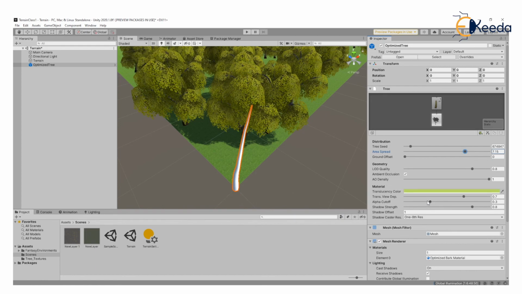The geometry shows the level of detail of the quality of the branches. So if you want to increase the level of detail of the branches, you increase the LOD quality or level of quality of the branch. Also, a lot of details you'll see as you start working with these game objects in your VR experience. I would request you to definitely follow me carefully on this.